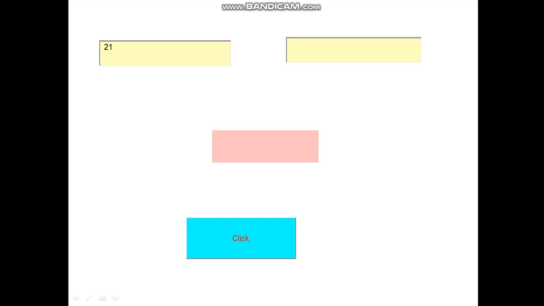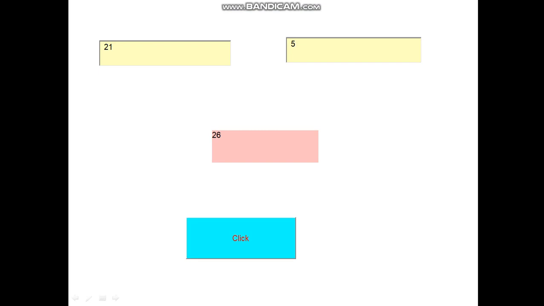In the first text box I have given one number, in the second text box one number, and let's click the command button. The result of the addition of these two numbers should be displayed in this label control, which is colored pink. So I click the command button and this is the output which is displayed in the label control.